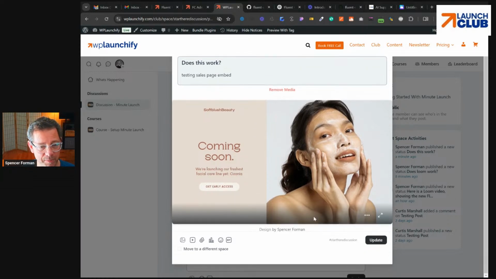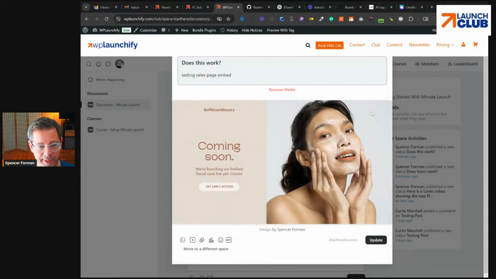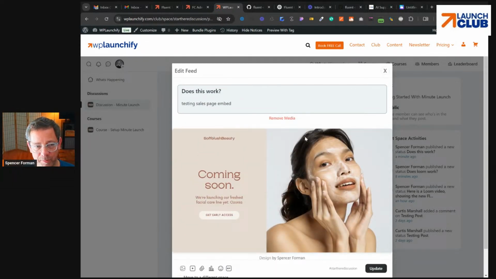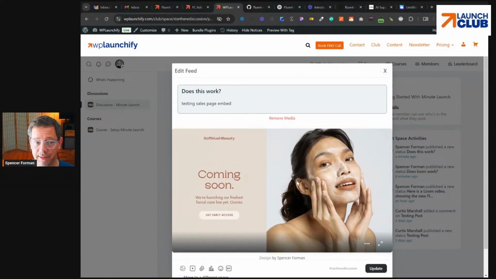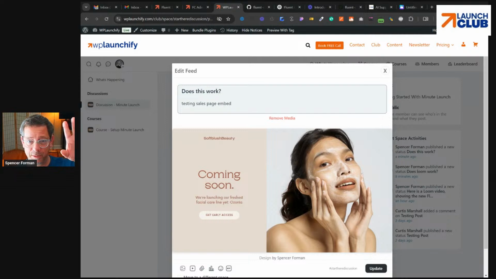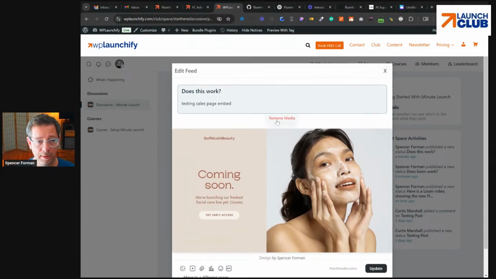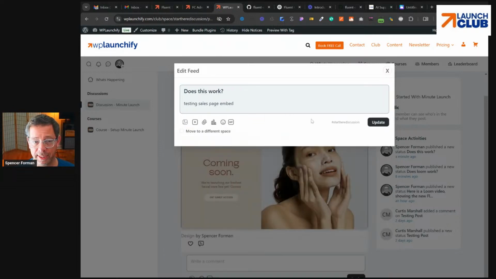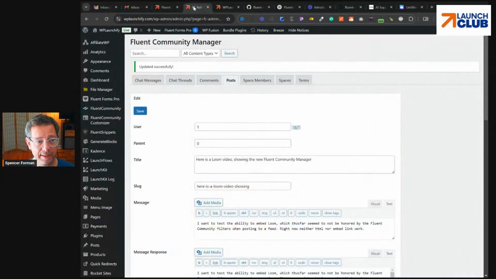Interestingly, when I use this method, let's see if I click here, I don't know how to get back to it, to be honest. I guess you can remove the media, but here's an obvious itch to scratch right here. So I embedded it. It clearly took the content, processed it, saved it, but now I can't get back to it. What do I do? I don't know. I may be missing something, but there doesn't seem to be an obvious control that allows me to do anything unless I were to remove it altogether and start over. Okay. So let's do something different. Let's go on the back end and let's go back over here to posts.